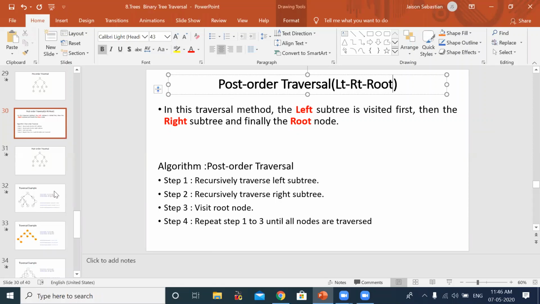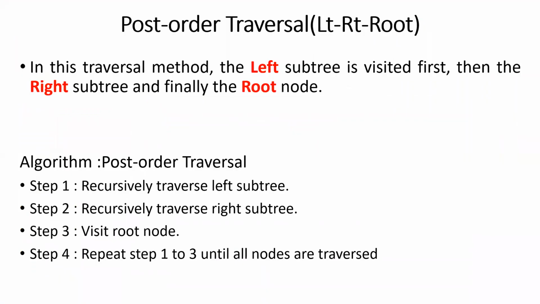Okay. Now tell me, for this post order, we will be first visiting left, then right, then root. Post order, we are making root at the end. That's the only difference. For pre-order, root at the beginning. For post order, root at the end. Always left, right, and then root, or root, left, right.